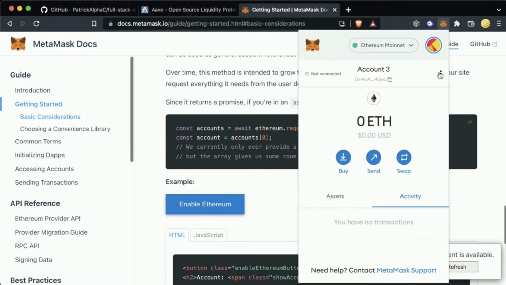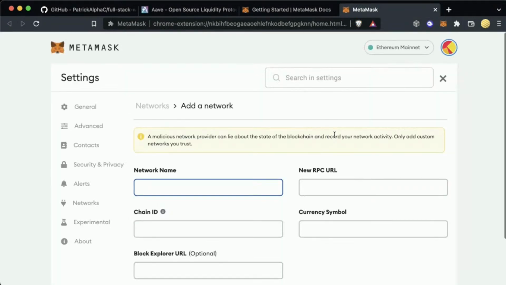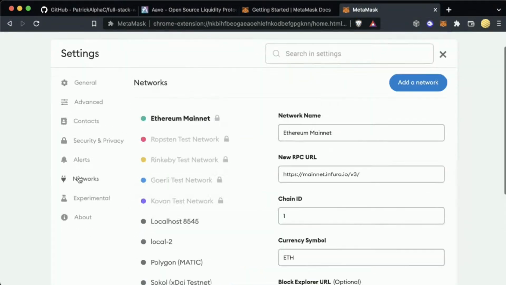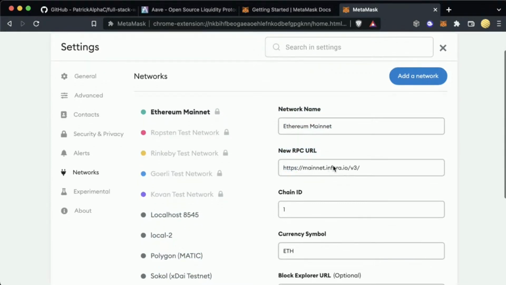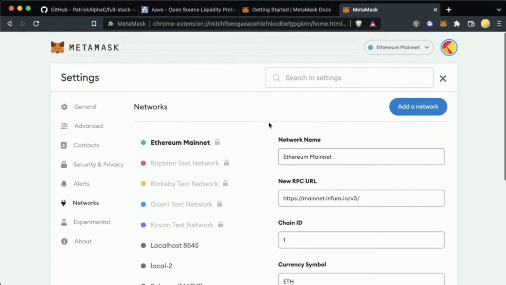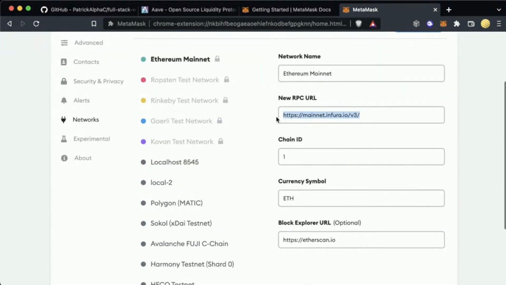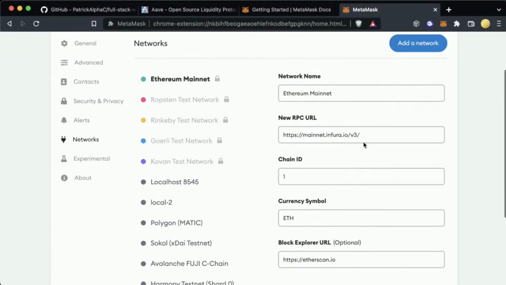Well, in our MetaMask, if we go to add network, and then we go to networks, we can see Ethereum mainnet has its own RPC URL that's connected to Infura. So MetaMask comes built in with RPC URLs to different blockchains. Look, it's got one for Ropsten, Rinkeby, Goerli, Kovan.